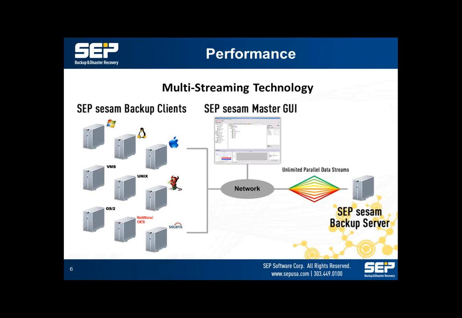And so if we have a 1 gig connection, we can expect about 120 to 125 gigs an hour. With a 10 gig connection, that goes up to 1.2 terabytes an hour, and dual 10 gig is going to give us about 2.4 terabytes an hour. So it scales out linearly. We see very impressive results once we start getting up into InfiniBand range and stuff like that. It's very high performing.